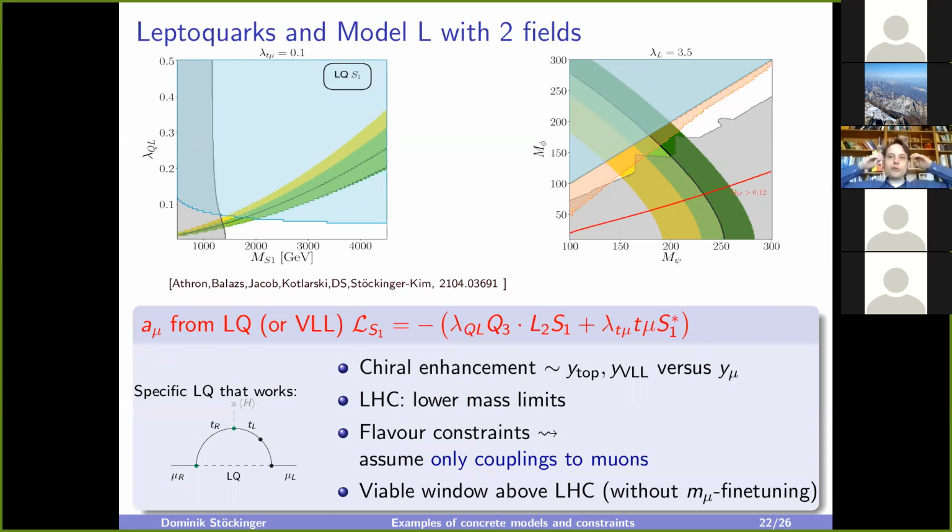So in those cases where you have new flavor physics, like leptoquarks involve, of course, flavor structure, 2x doublet model involves flavor structure, then always the off-diagonal flavor elements are constrained strongly by other flavor experiments, of course. But then if you reduce the flavor structure to diagonal matrices and so on, then the flavor constraints are all evaded. And what then remains are constraints from dark matter and LHC and LEP.